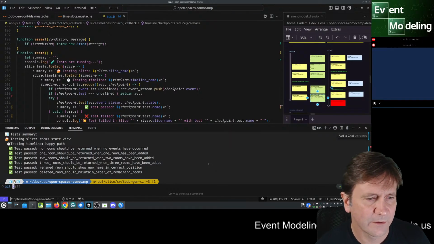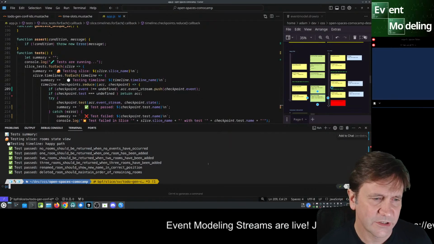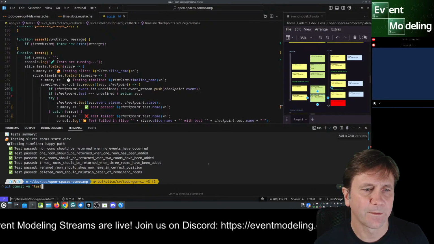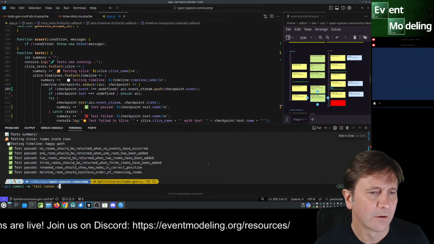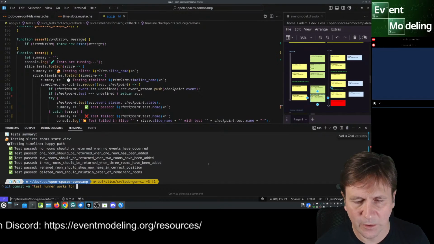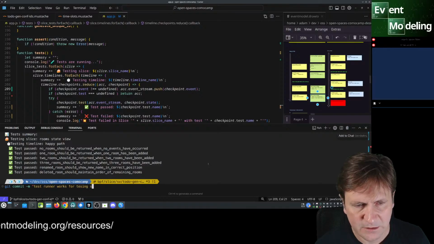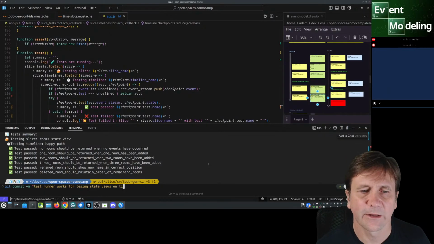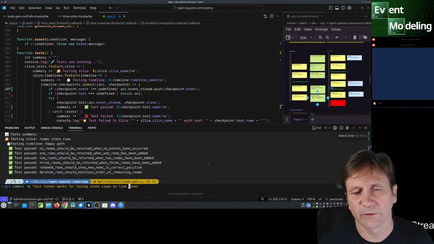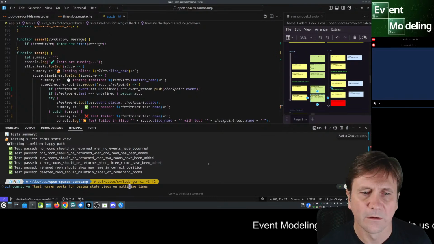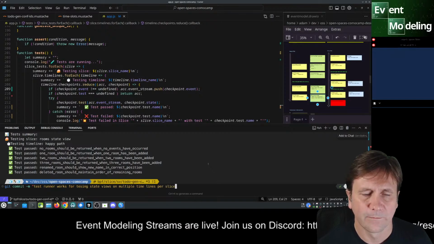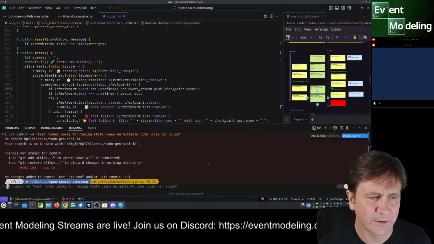So let's just get GCM, what the V is, but test runner works for testing state views on timelines, on multiple timelines per slice. Which is nice. Let's add everything.